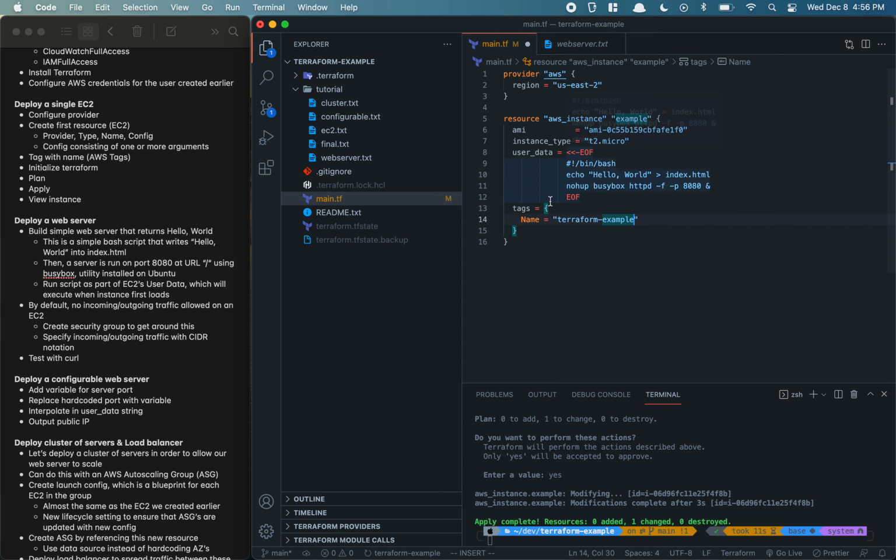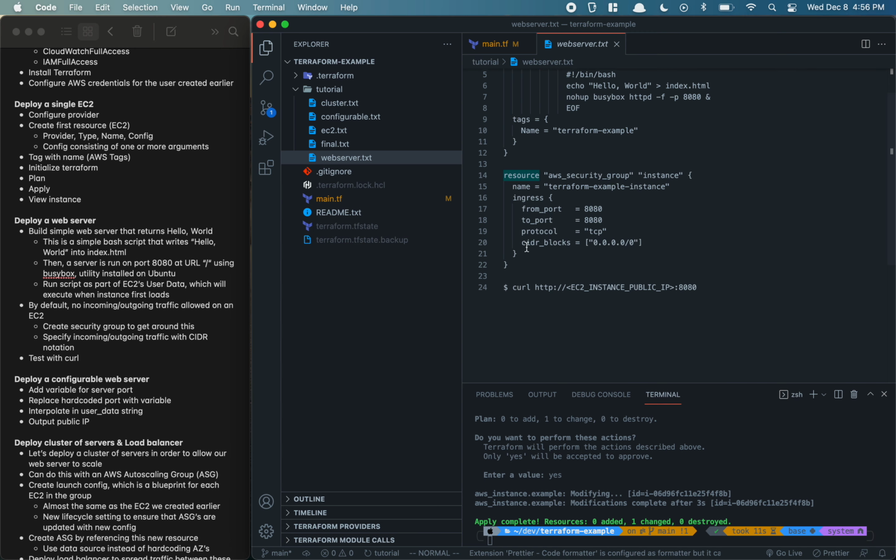What's important now though is if we were to boot this up, we would not be able to access this externally. By default, there is no incoming or outgoing traffic allowed on an EC2 instance. I know we've gone over this in the NetApps class. In order to get around this, we need to attach a security group. So we need to specify what incoming traffic is allowed and what outgoing traffic is allowed with CIDR notation, which in this class we should be quite familiar with. So if we come here,